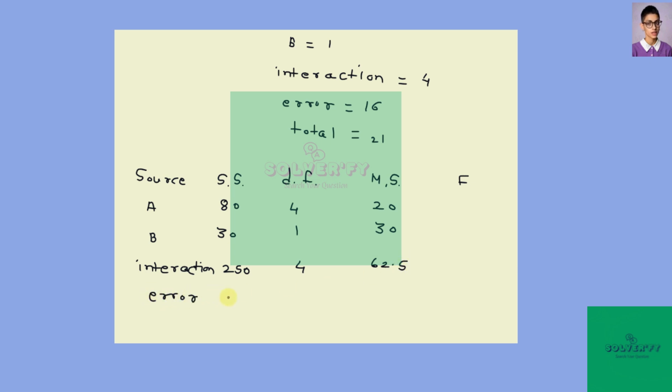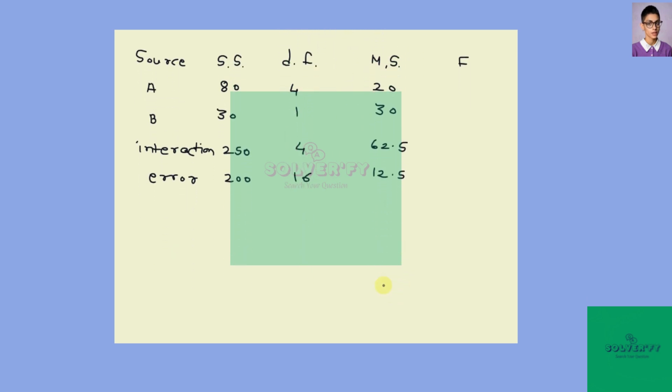For error, the sum of squares is equal to 200 and degrees of freedom is equal to 16, and mean square is equal to 12.5. Now for total, degrees of freedom are 21 and the sum of squares is 600. So 600 divided by 21 gives the value 28.57. Now we calculate F as the mean square for factor A divided by the mean square error. So 1.6, similarly 2.4 and